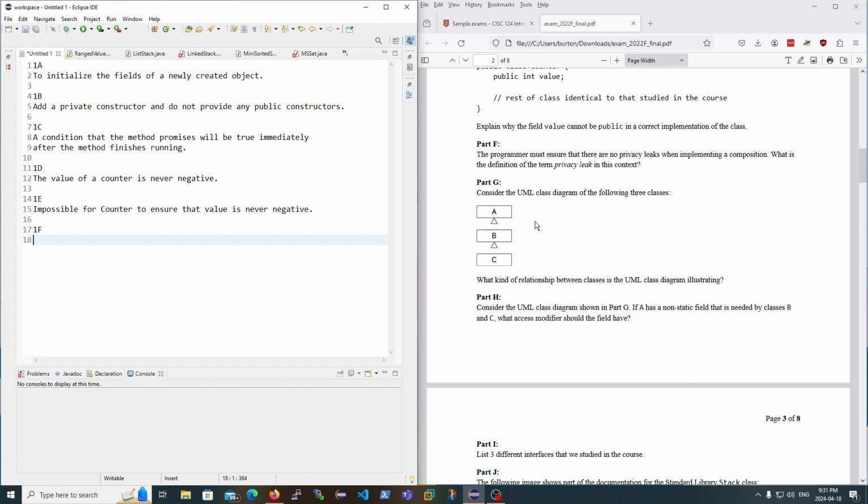Part F is asking about privacy leaks. So remember, privacy leaks can occur when you're implementing a composition. So remember, in a composition, if X is a composition of Y, then X has exclusive access to its Y object. In other words, X will never release a reference to its internal Y object. If it does, then that is what a privacy leak is. So a privacy leak occurs when a class